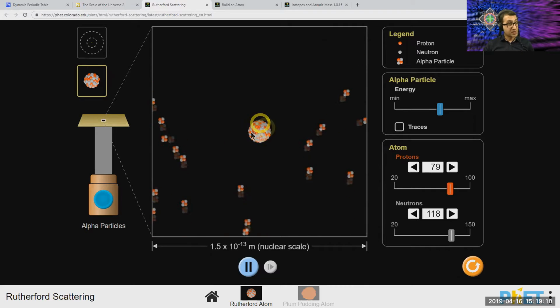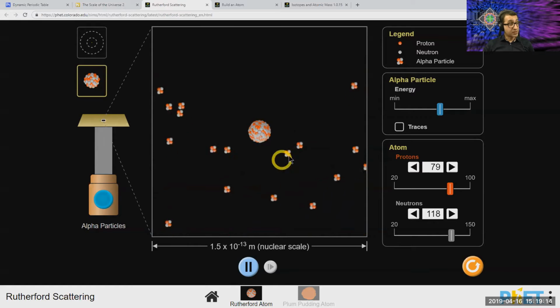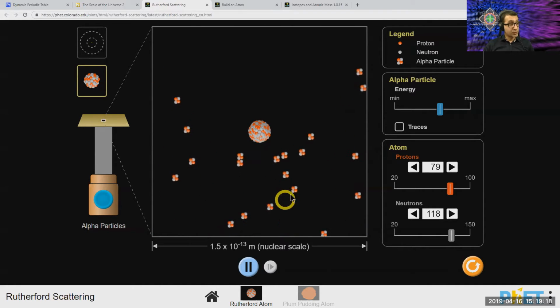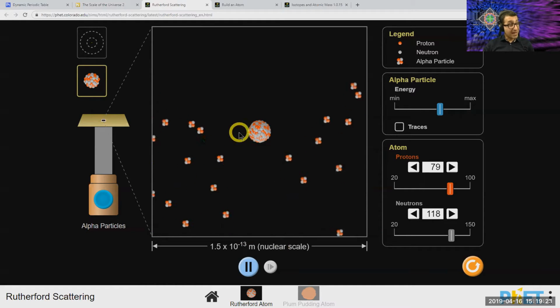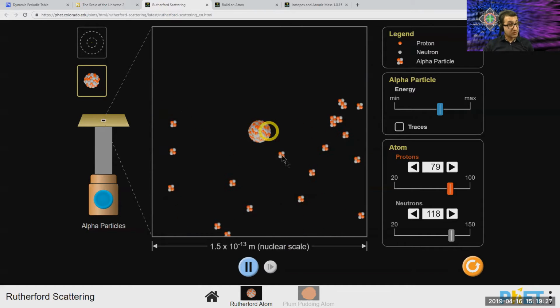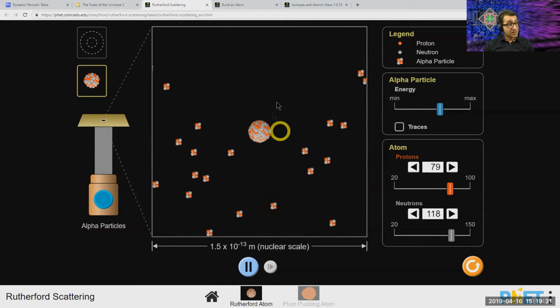The protons are all positive, the neutrons are all neutral, neither positive nor negative, and alpha particles are essentially a helium nucleus. So we have 2 protons and 2 neutrons. So you have these positively charged alpha particles, and they are being repelled by the electrostatic force of repulsion between the positive nucleus and their own positive charge. And so this explains the scattering